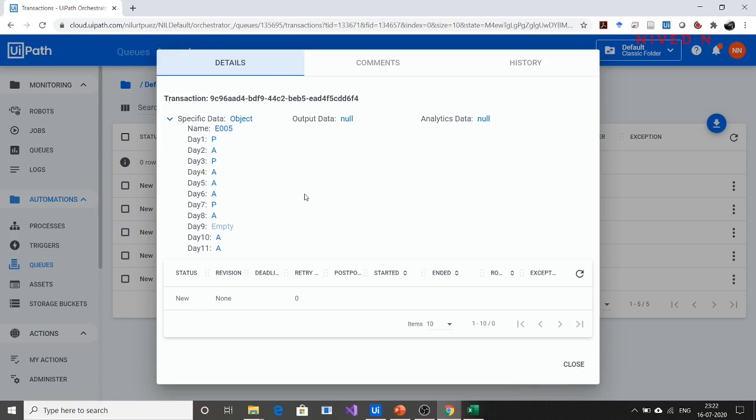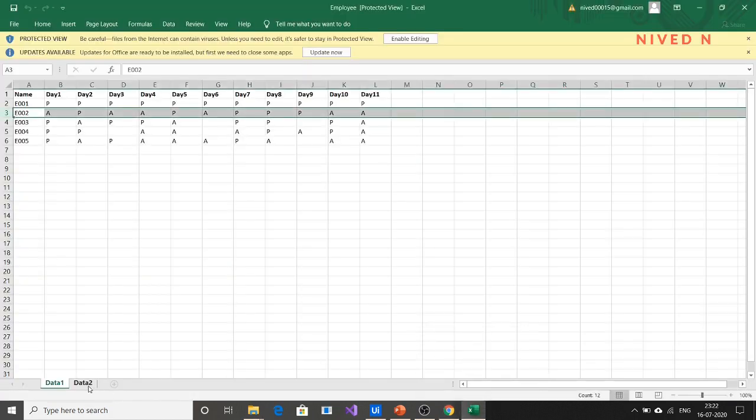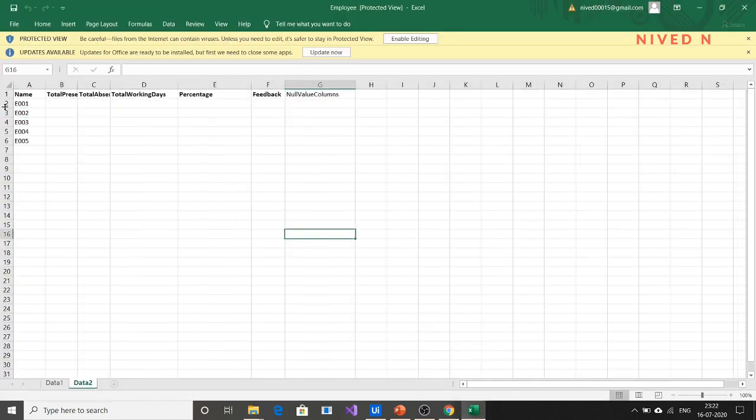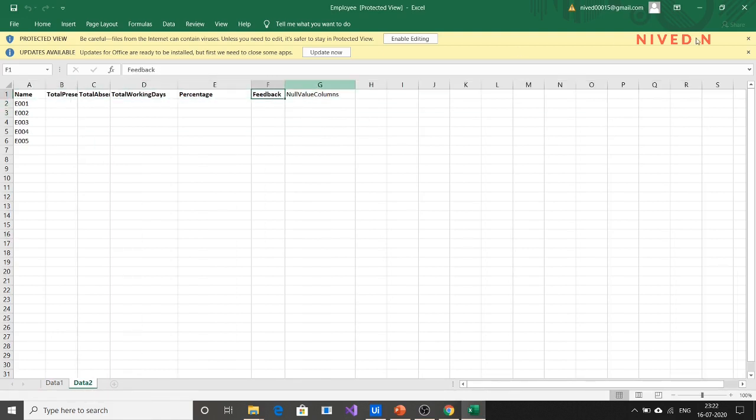It retrieves the employee's attendance details from that queue item and processes them to know how many present days, how many absent days, and the null values, and will input this data into the data sheet corresponding to each employee, and also calculate the percentage and feedback based on the equation that I told you before starting the dispatcher workflow. I hope you have understood what you have to do in the performer workflow section. So let's start with that.